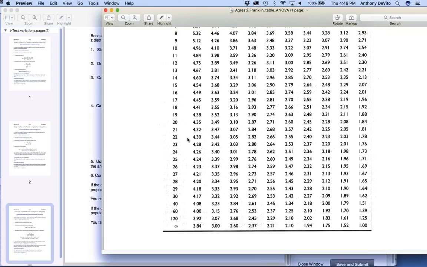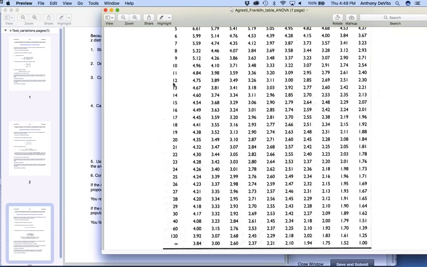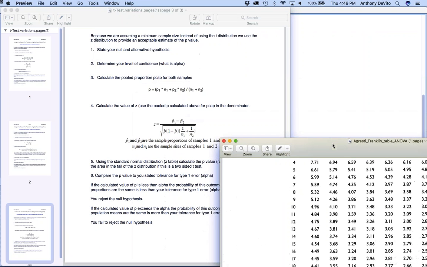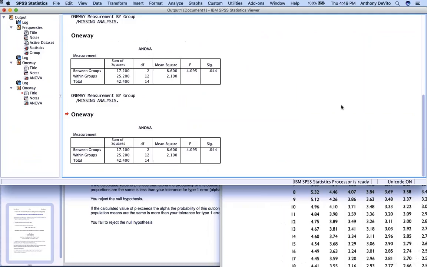So how many people did we have? We have 15 people that were sampled. Minus 3, because it's 3 groups, is 12 degrees of freedom. So with 12 degrees of freedom, our critical value is 3.89. So if our F-score that we calculated using SPSS is 4, and the critical value is 3.89, we can reject